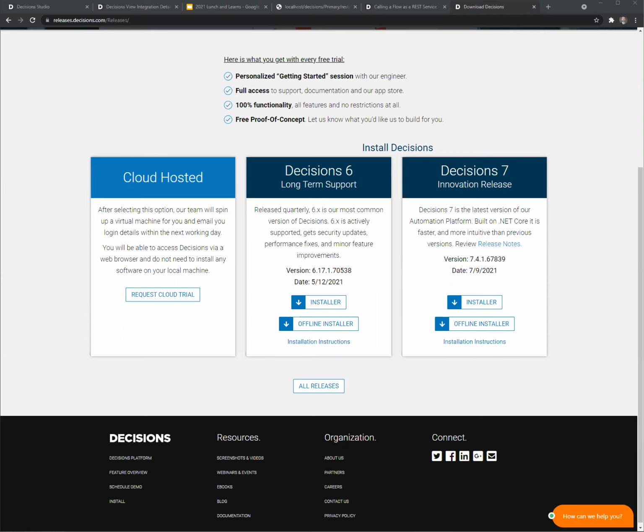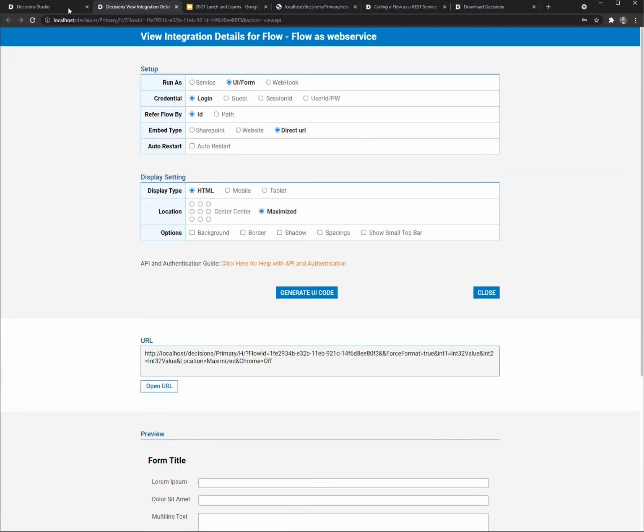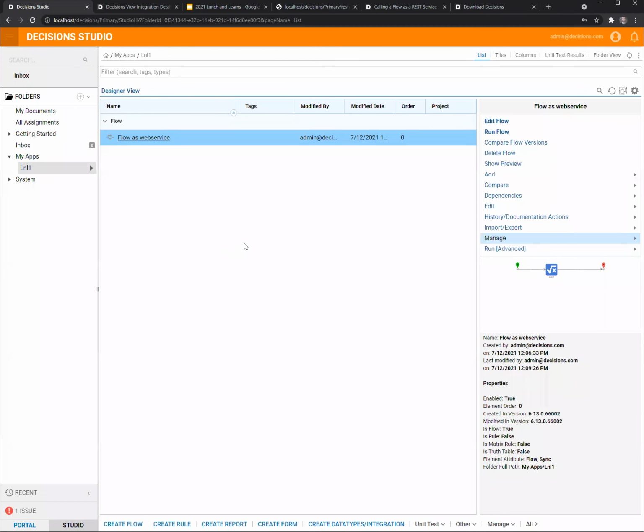All right, so John had a follow-up question: how do you create a WSDL? We've been deprecating this functionality, and looking at your email, John, I think your team is on V7, and I'm pretty confident we don't have this capability in V7 anymore, given our move to .NET Framework. Let me look at something really quick. I don't think you can create a flow as a service anymore. You can call it as a,